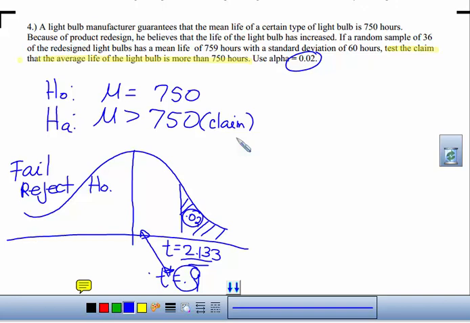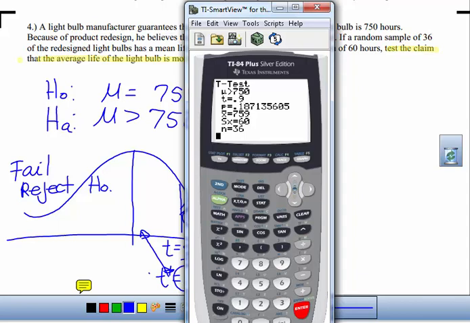Okay, now if we were doing the p-value method, I would have just left off all of this information except for the hypothesis. You have to have a hypothesis, but then from there we can just about go straight to the calculator and do exactly what we've already done, except we didn't take note about this. This is the p-value, and basically it looks at the same information just from a different angle. What's the probability of us getting a sample mean of 759 or more if mu is equal to 750 from